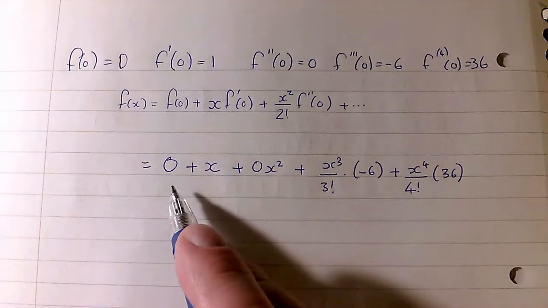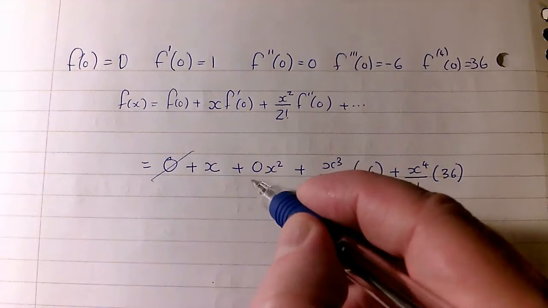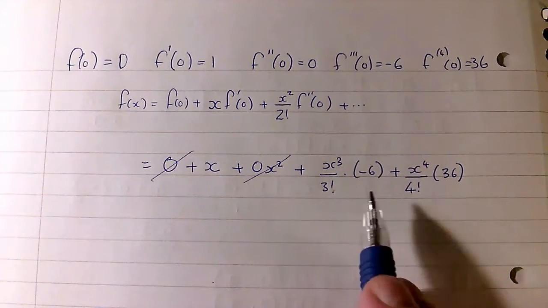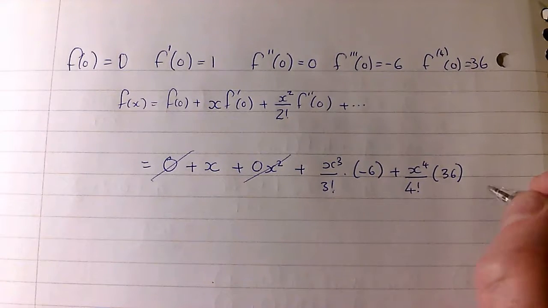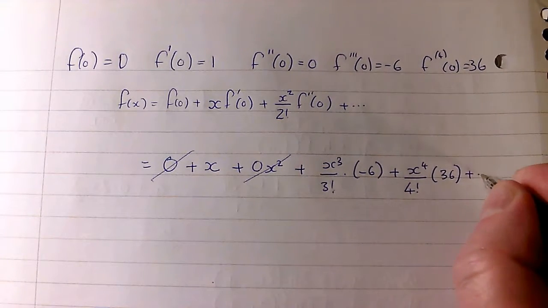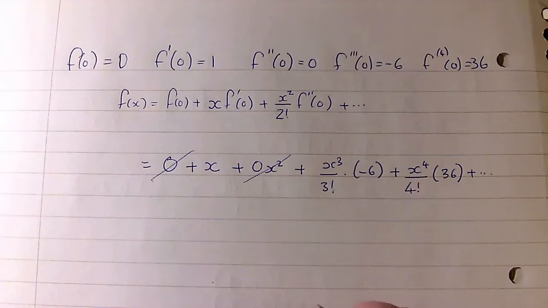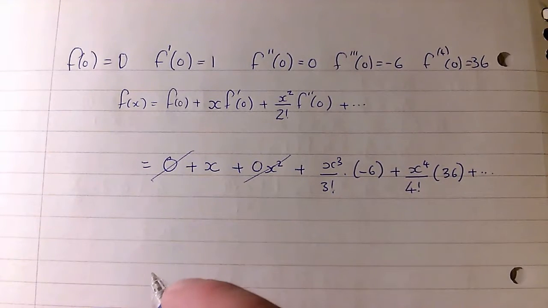Now, I've got a 0 term here, and I've got a 0 term here, but I've now got 1, 2, 3 non-zero terms, which is what I was asked for, so I can just put plus dot dot dot, that's as far as I need to go, and all I need to do to complete this part of the question